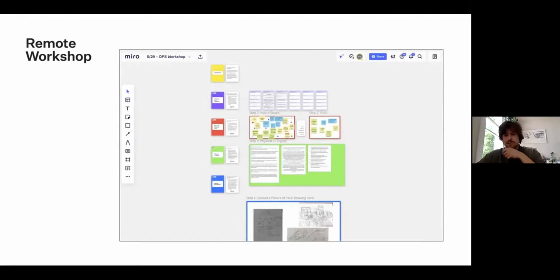So here's a little clip of a tidied up version of the workshop after it was completed. And then I took these ideas, and by the end of it, you had a pretty crystallized idea of what they wanted just through discussing it. So I took these ideas, tried to keep the design pretty minimal, and created basically exactly what they asked for.